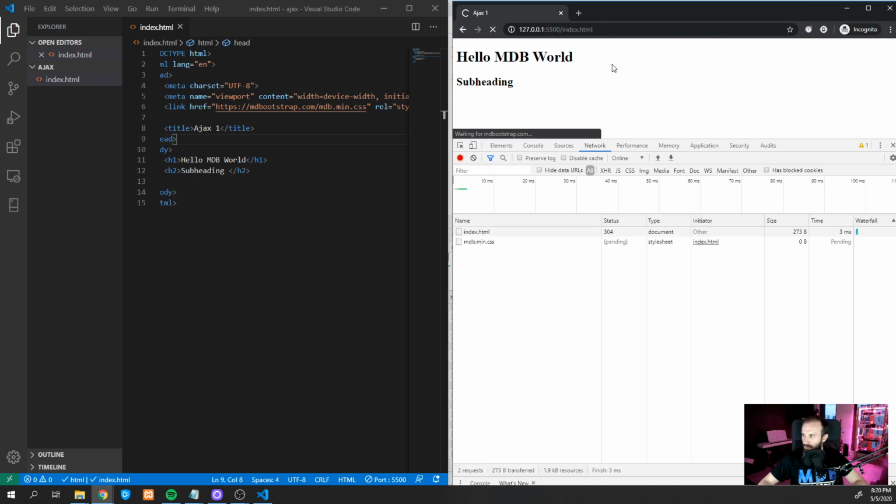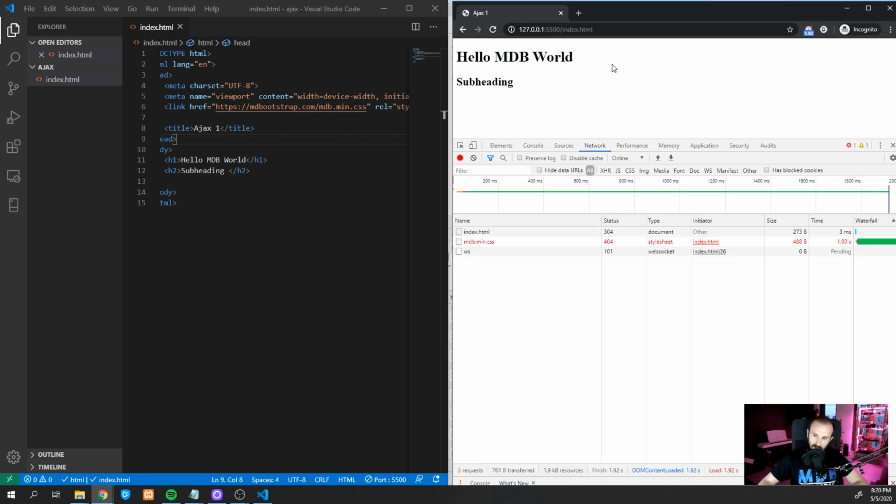And just so that you don't get surprised, look at that. I refreshed the page and I got the status 304. What does it mean? Status 304 stands for not modified. Why is it so? It's because